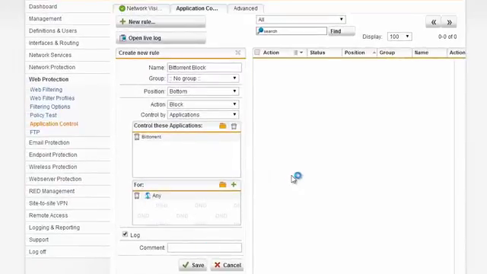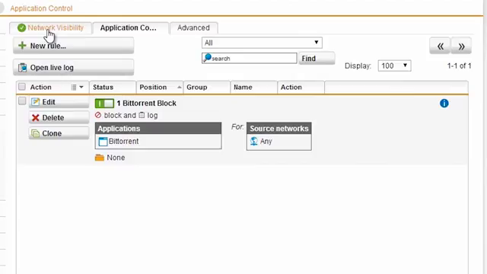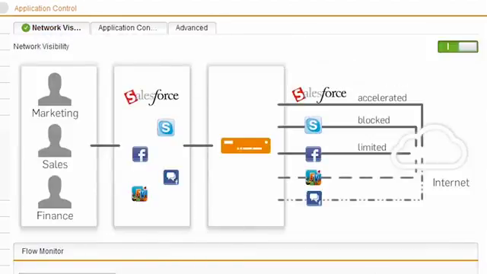When we click Save, the rule is now placed on the page, and from right here we can edit it, we can audit it, and we can see exactly how effective it is by looking at the logs and the bandwidth reports. But what if we don't want to plan our whole network policy ahead of time? There's no point in me wasting my time designing a policy to block BitTorrent if I don't actually have a BitTorrent problem. So to fix that, I'm going to have a look at exactly what's happening in my network now